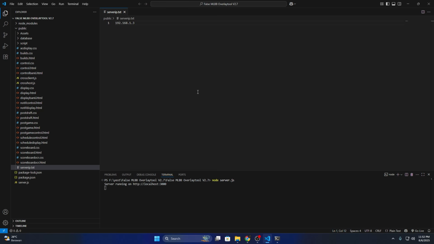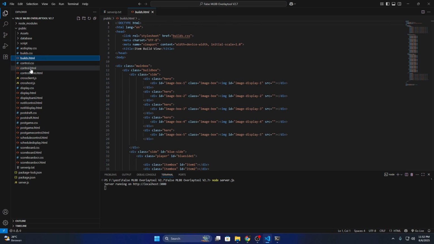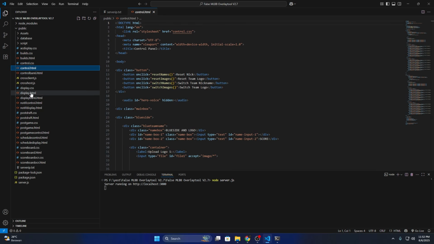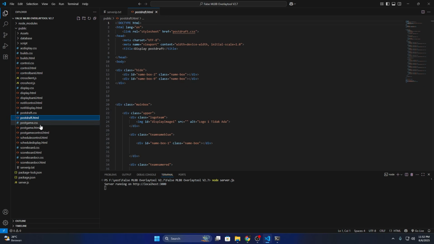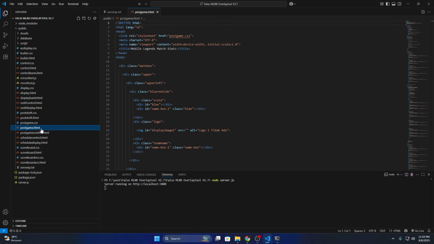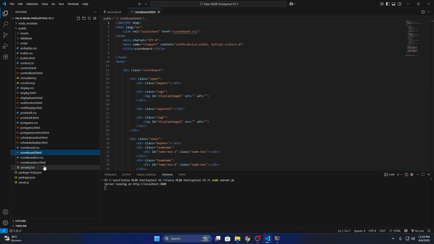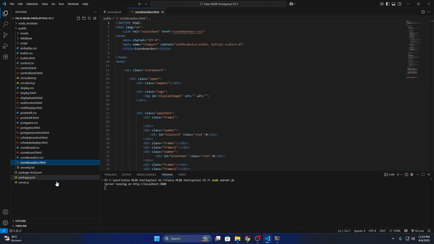So we're gonna play it one by one. As you can see here, this is our tool. We have builds, in-game builds. We have control, of course, for the draft control, display for the draft display, notification control, and this is new. There is also some adjustment and a new update for this notification control. And then post game also has some changes and some optimization, and schedule, of course, is still there, scoreboard is still there, and scoreboard OCR is still there, and also